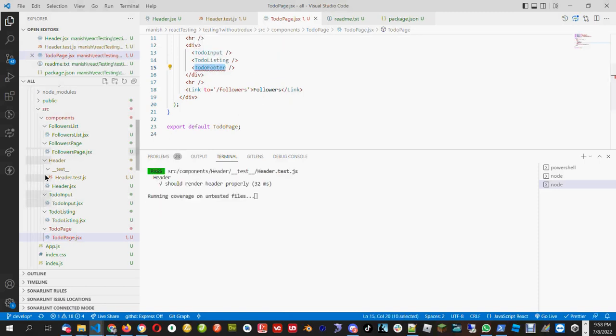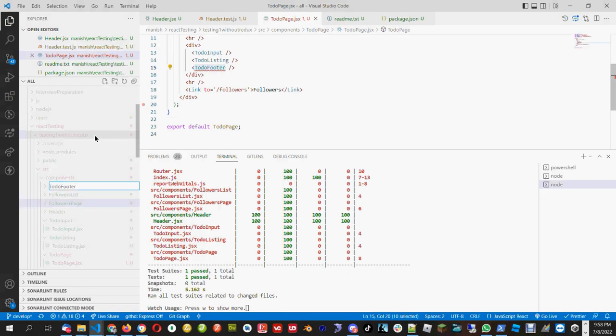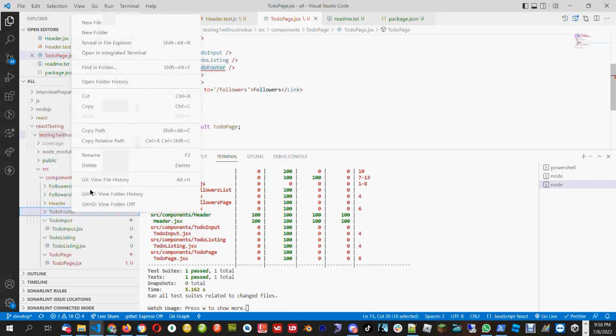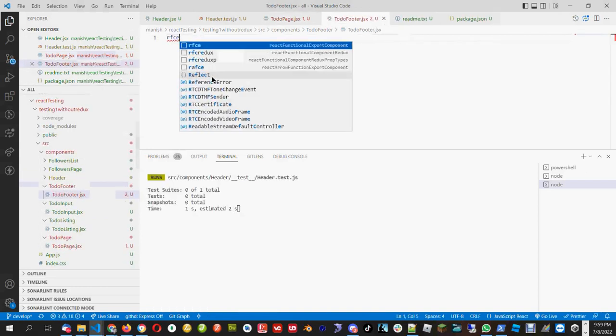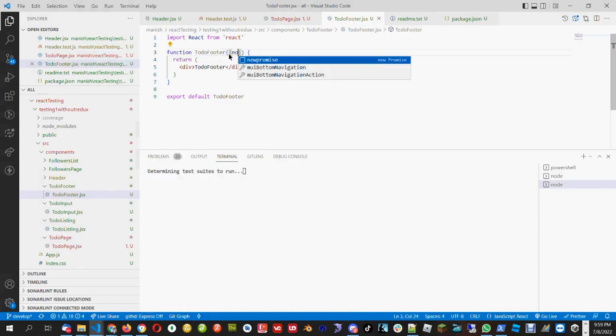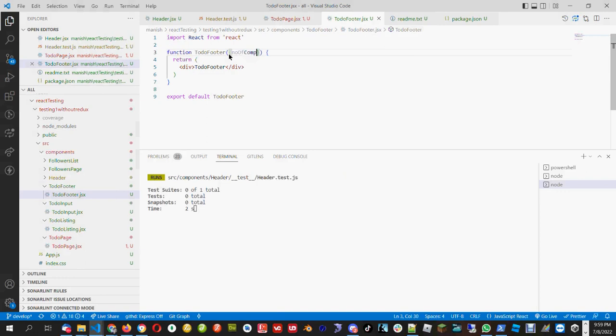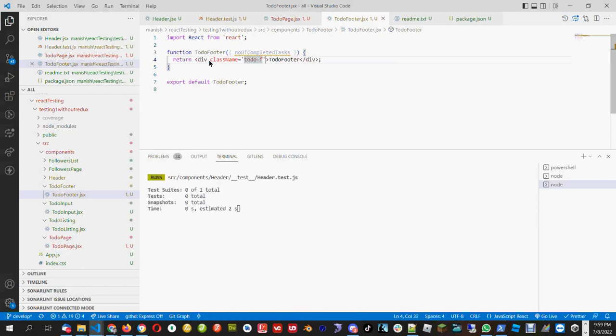So let's create one component footer and see how we are going to test it. So this footer you have to test it. And I will check. So to-do footer.jsx. This footer will take some props, for example, number of completed tasks. So it will just take the variable called number of completed tasks, and this div has a class name of to-do footer,